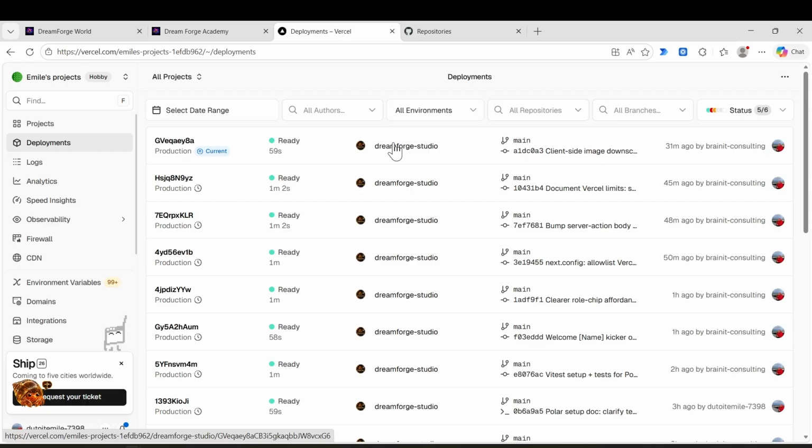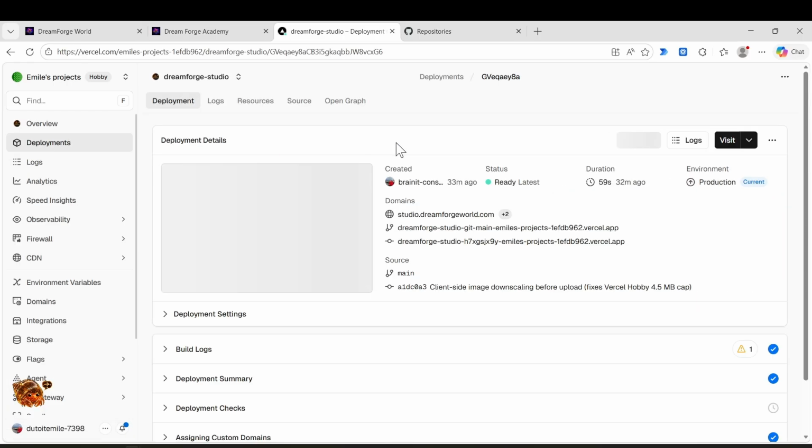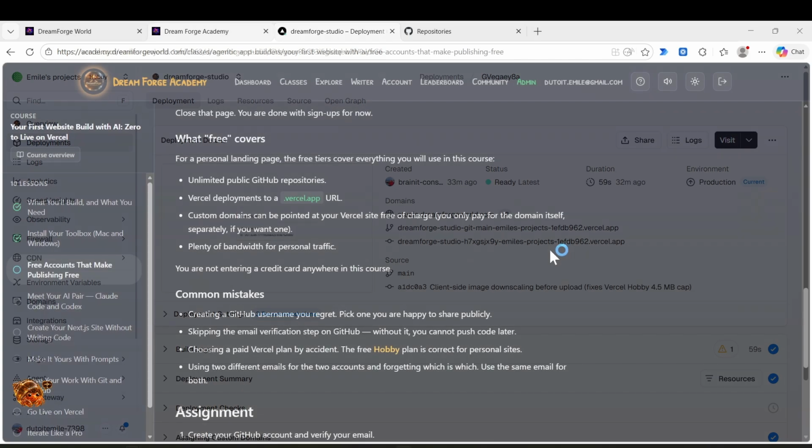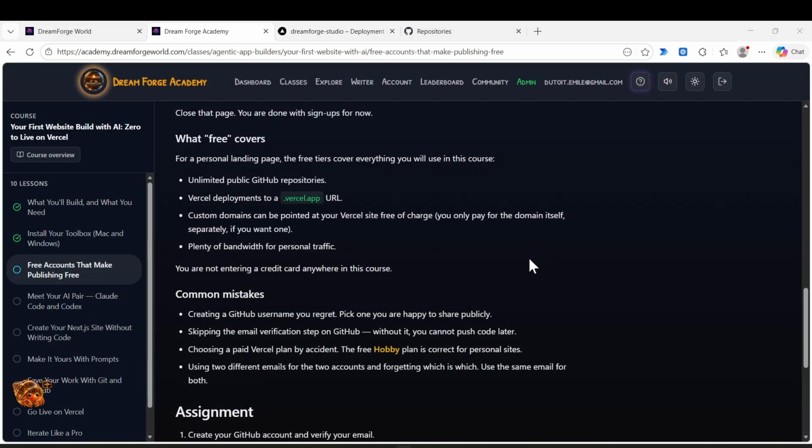Let's look at this project I'm working on, Dreamforge Studio. It's a new project that I'm doing. And currently it's forbidden because it's not really released and it's still in testing, but this will be the URL when it is.